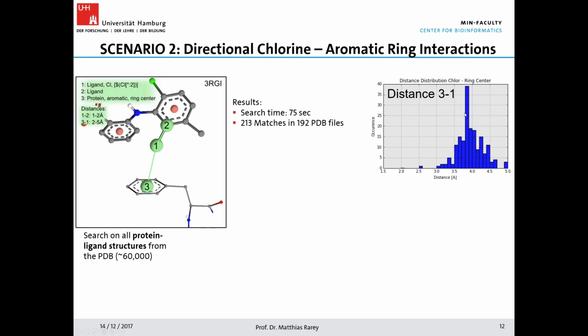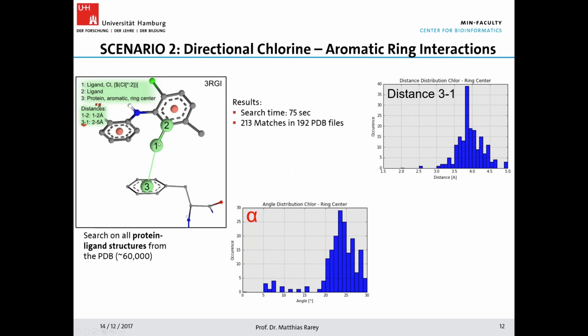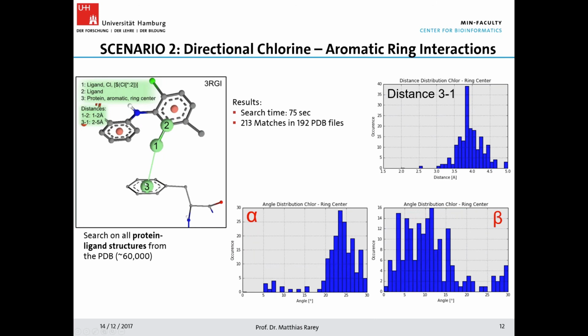Yeah, so there's indeed a characteristic here at about 3.8 angstrom. You could also look at the angles, so the angle here at the chlorine atom or the angle here at the phenyl ring, and look at the statistics there if you see a certain preference for a pattern. So I think this is a very reasonable and useful tool to get just information from the PDB and to